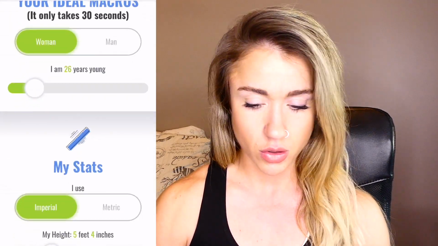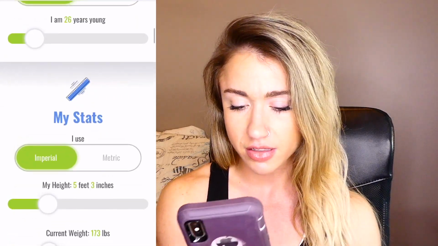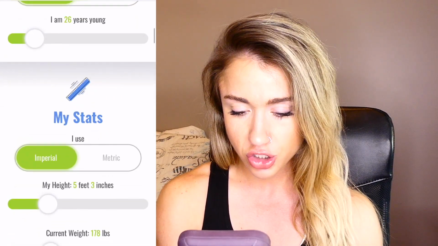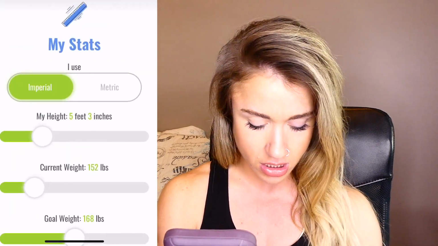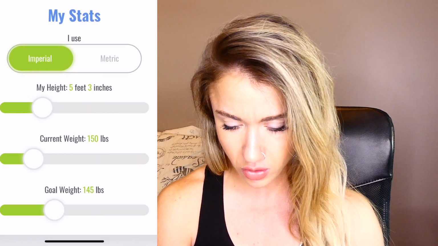So we're gonna bring up some calculators and walk you through this. First calculator we're going to use is the If It Fits Your Macros calculator. I actually really like this one because it gathers the most information from you. So, okay, we're going to say our person, she's 26, she is 5'3", she is 150. Now goal weight, I don't suggest putting a ton of emphasis on a goal weight,